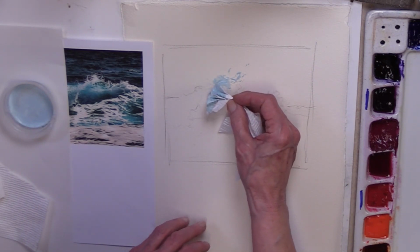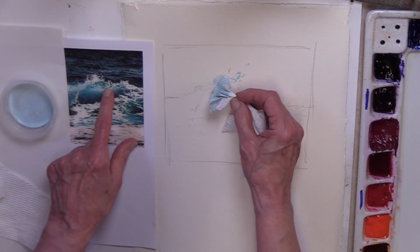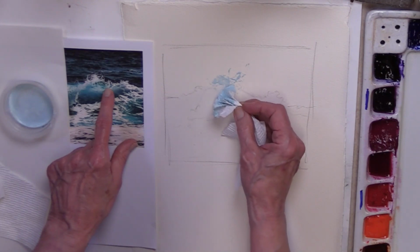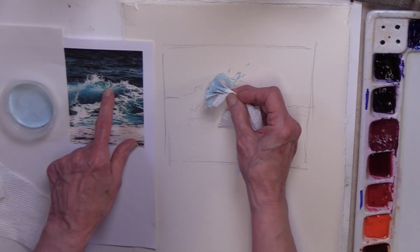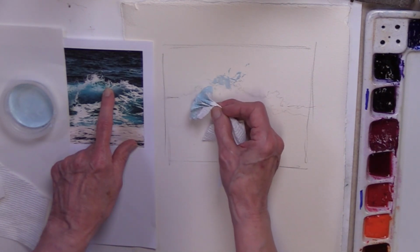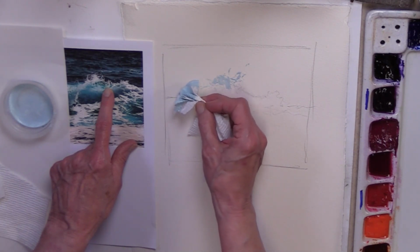But we want to have ragged edges. We see this has ragged edges, so we want all these little pieces that we put in here to have ragged edges, and that's one reason for using this rather than a brush, because it's difficult to get that kind of effect with a brush. So we could just do that sort of thing and just create those little splashes up in the